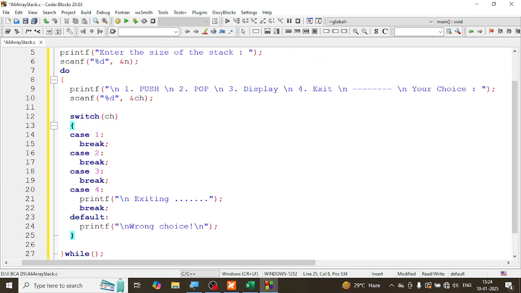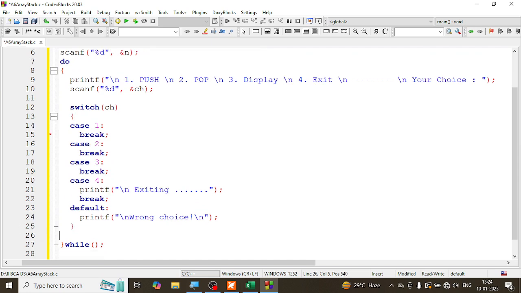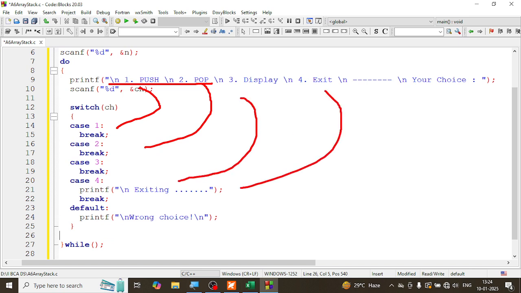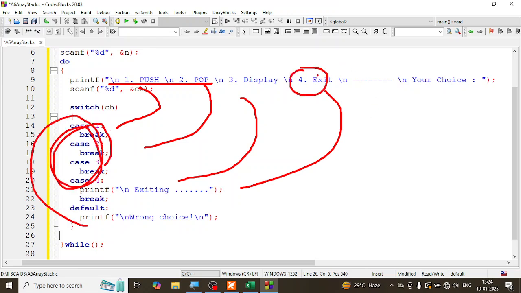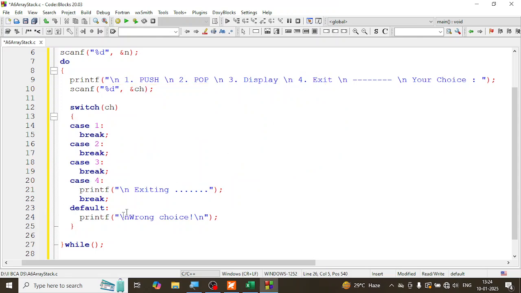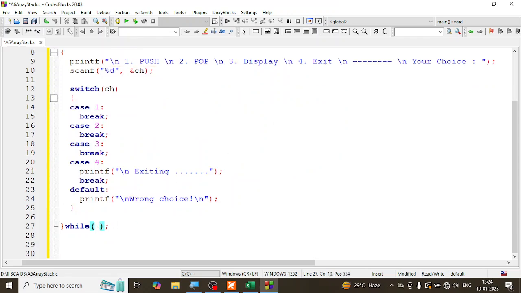And you notice that this while loop, whatever I've typed here, will continuously show this message. And depending upon that, if the choice is 1, you do something. If the choice is 2, you do something. Choice is 3, you do something. Choice is 4, you do something. And this has to repeat again and again until the user says the choice is 4. So you will repeat this one as long as choice is not equal to 4. If the choice is equal to 4, that means the user is fed up and they want to just exit